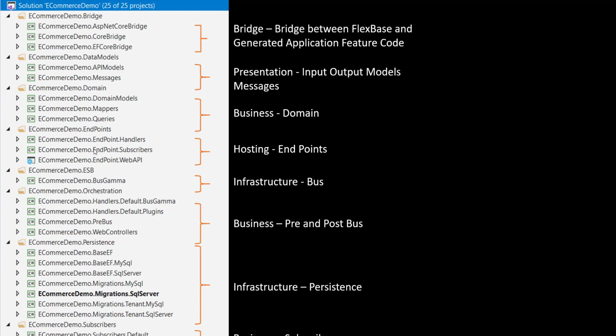And in the last, we have something very interesting that will excite developers, the bridge layer. As it is rightly called a bridge, it acts as a bridge between the application code and the FlexBase. Whatever we generate as code is generated as bridge code, so that you can customize the FlexBase interfaces and other classes as per your need in the bridge layer, and you don't have to regenerate the code in the client to implement any customizations.